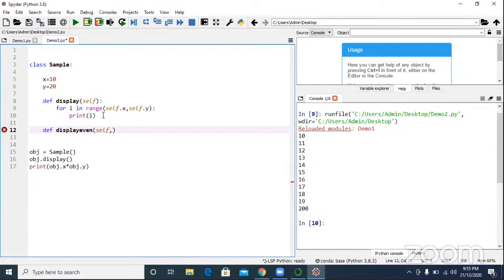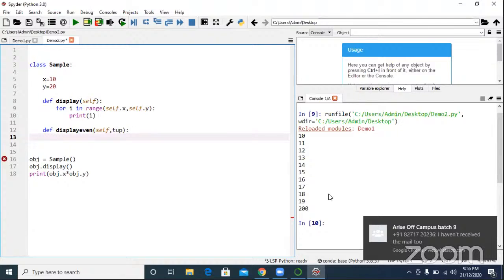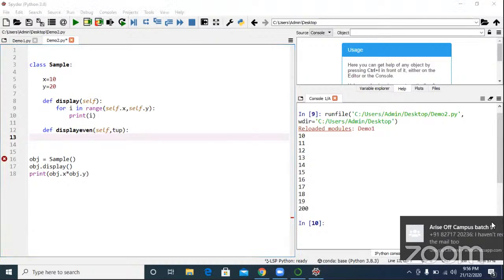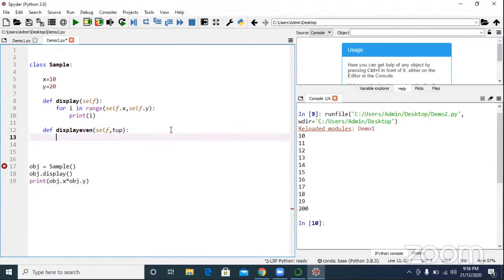How many arguments are there? One argument. What is the argument name? tup. Just for our understanding purpose, tup is an argument, a parameter. Just imagine tup is nothing but a tuple. You know tuple, you have learned it also.